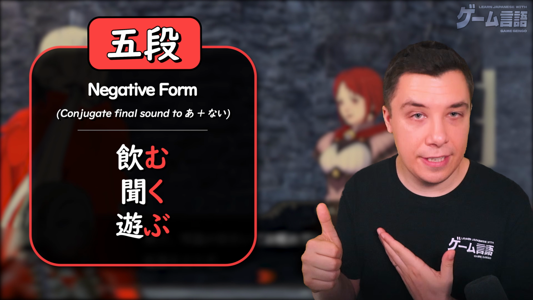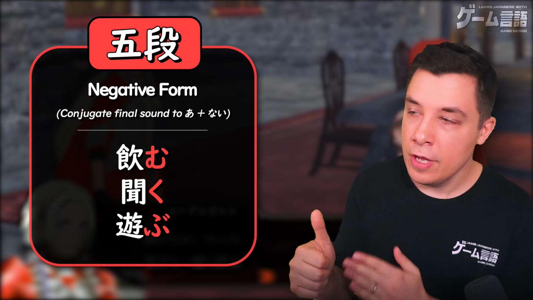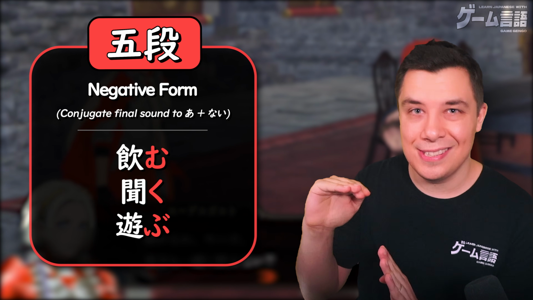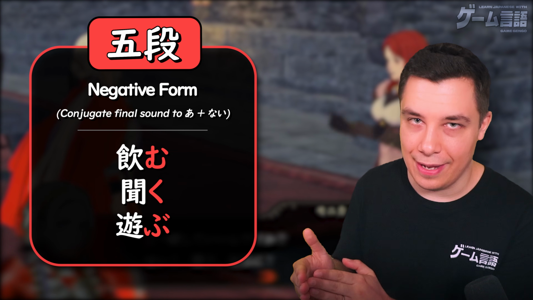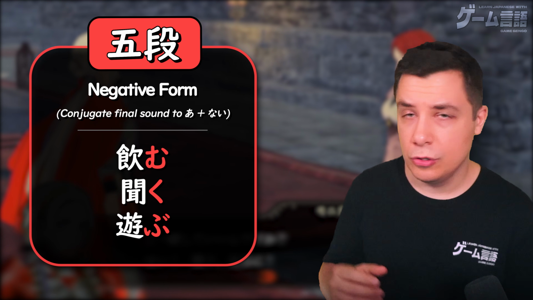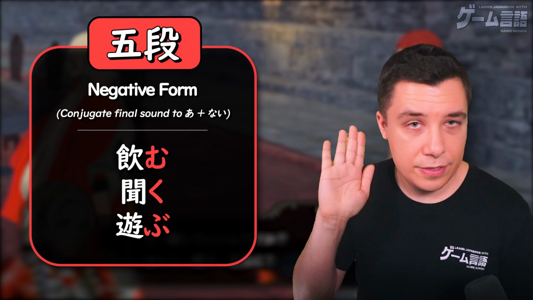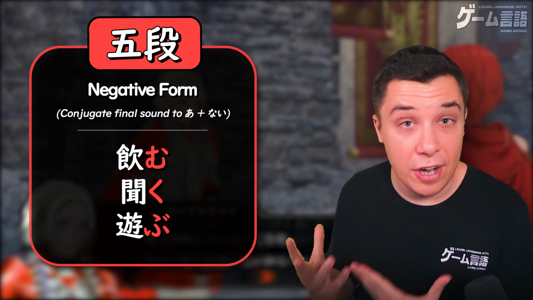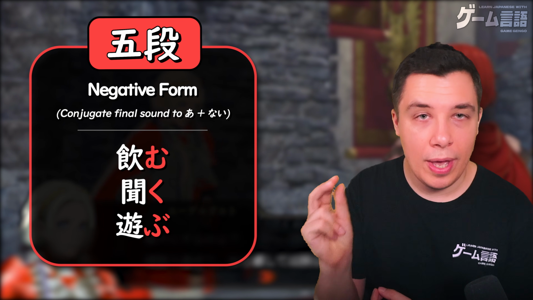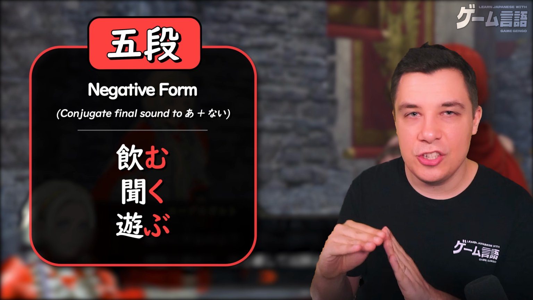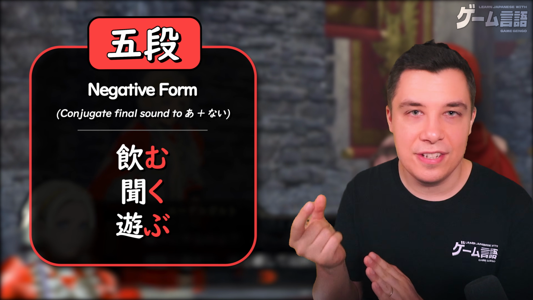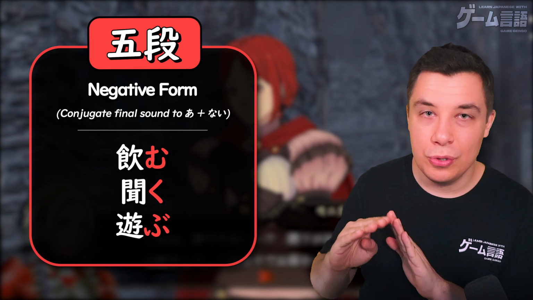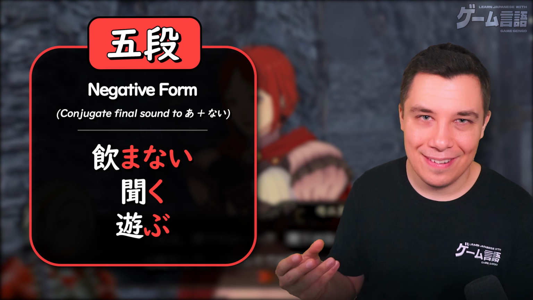If you wanted to turn a Godan verb into the negative form, first you need to change that final sound into an a sound and then add nai. So if we take a look at these verbs we have here, nomu, to drink, kiku, to hear or to listen, and asobu, to hang out or to play. We can see the final sounds here, mu, ku, and bu. We need to change that into an a sound and then add nai. So first, nomu, to drink, we need to change it into noma and then add nai, nomanai,